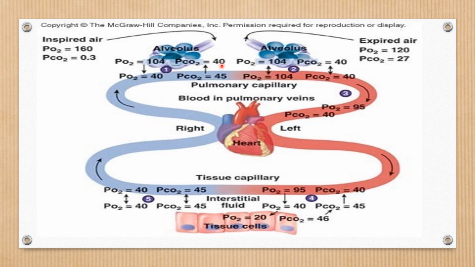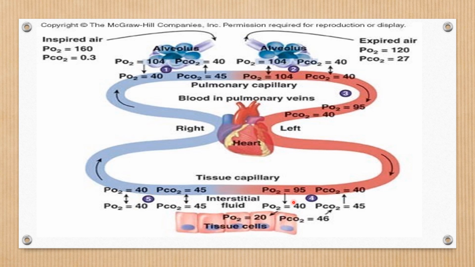So the pressure gradient for CO2 is only 1/10 of the oxygen. CO2 diffuses almost 20 times more rapidly. So that's why, though the pressure gradient is very small for CO2, its diffusion occurs rapidly compared to the oxygen. So this is how diffusion of gases and equilibration of the gases happens in the lungs.